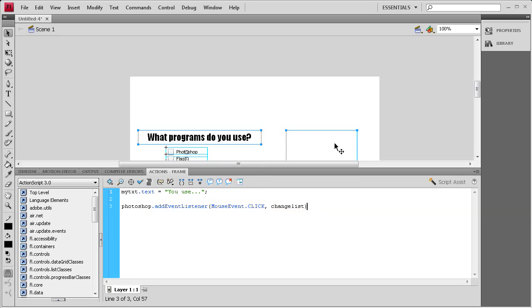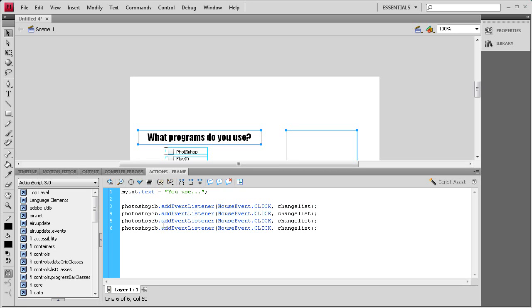Okay, so close parenthesis, semicolon, and now I'm just going to take, we need a CB right there. That would have caused a problem. Make sure that you have the same instance names as you used for your checkboxes. So I'm going to copy this, basically paste it 4 times, and the only thing that we need to change are these programs here. So I'm going to change that to Flash,